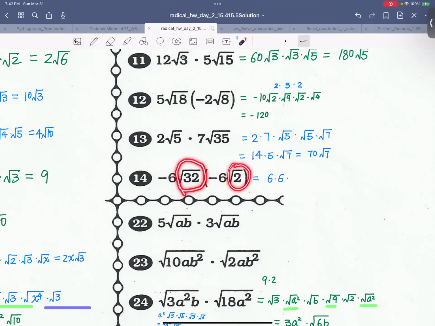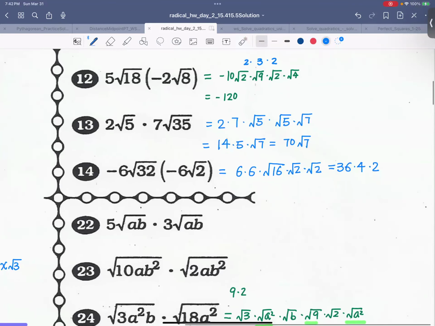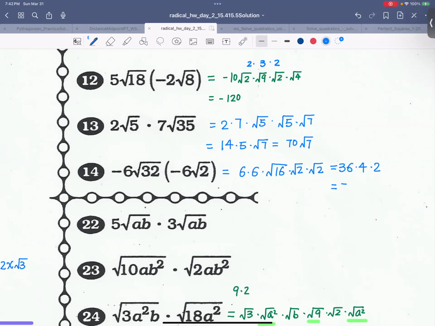that's 16, square root 16 times. Oh, you want to do that? Okay. So 32 is square root 16 times square root 2, right? Yeah, and then it's times square root 2. Good. And then this is 36 times 2, which is 72. This is 4, and then you times by another 2. 72 by 4 is